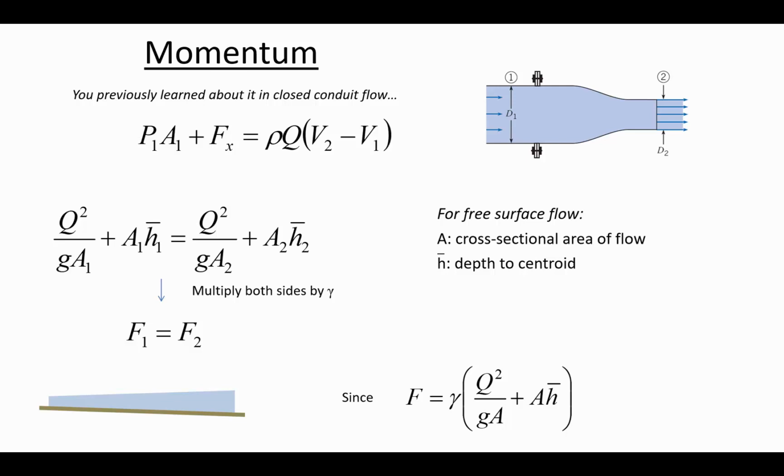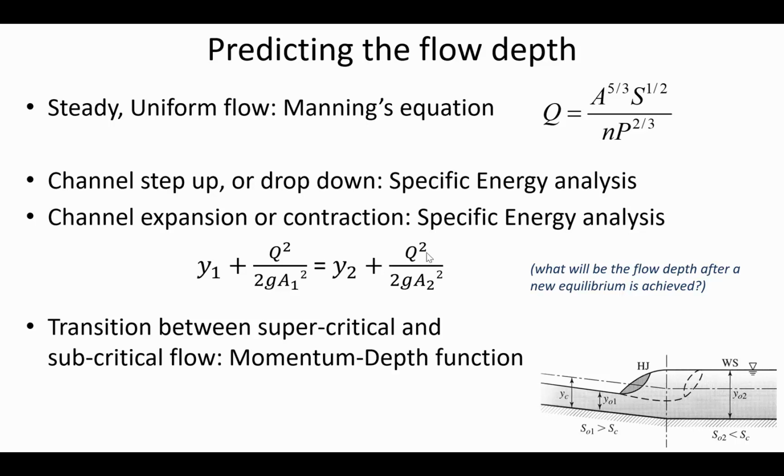It's not conservation of energy in a hydraulic jump. We did have conservation of energy in the specific energy analysis. It was an analysis of where is the energy going. And if we had a step, a delta Z, a step up or a step down, then we're just keeping track of some of the energy going to overcoming the obstacle, or we're getting an increase in energy if we have a step down. But